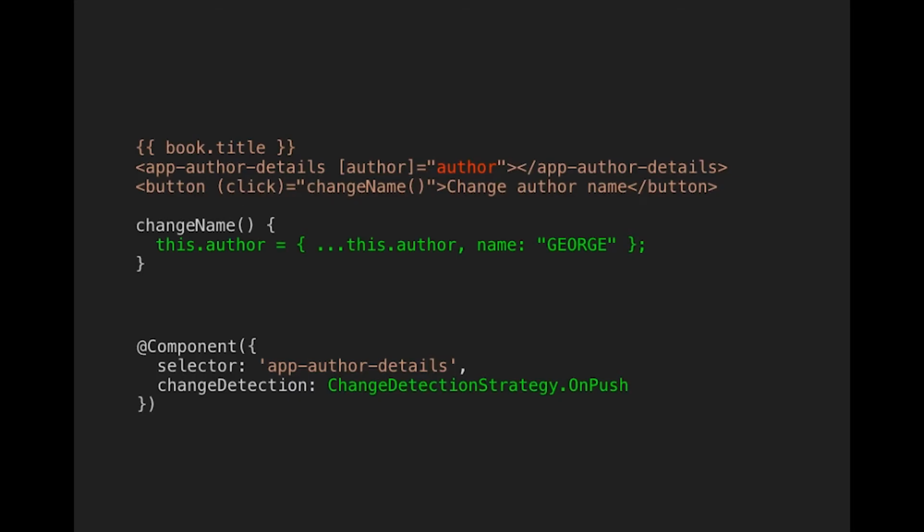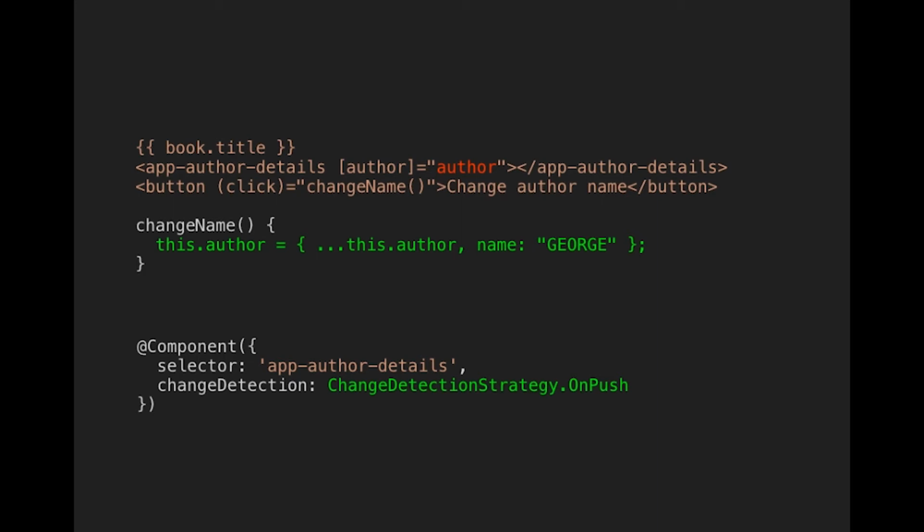And the way to do this is to change the change detection strategy on our component. We are changing it from the default one to the on-push change detection strategy. But this requires us to have some new rule when writing our code. We have to write our code in a slightly different way. So the rule says that we can't modify properties of our objects.